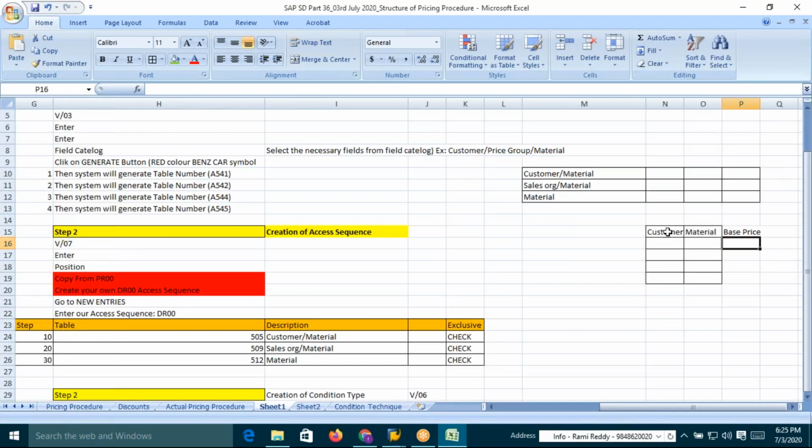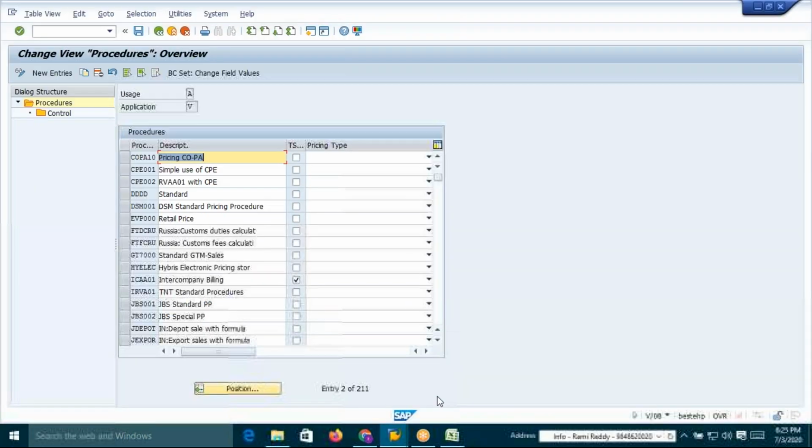Now, this is one table. Very simple. You need not get confused at all. Now, I want to create one table, and for this, to maintain the price on the basis of customer. What does it mean? Say if customer is 19, and if the material, let me go and create a